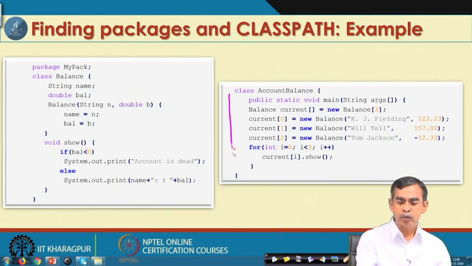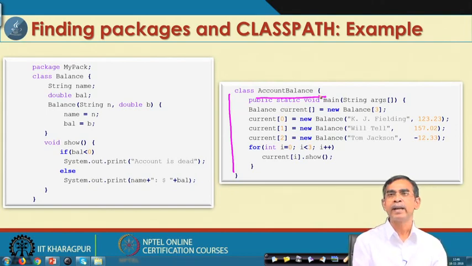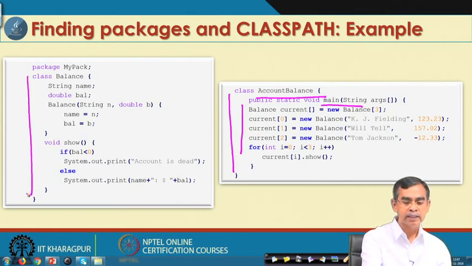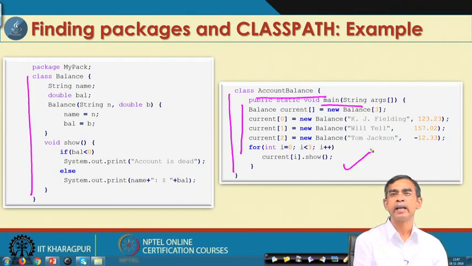Now, this is a typical look of the program: the class file AccountBalance, the main class, because the main method is there, and it will be able to access all the members without any error, because this is a public class and all methods are public. So, it is accessible to any class from anywhere, because of the class access specification.